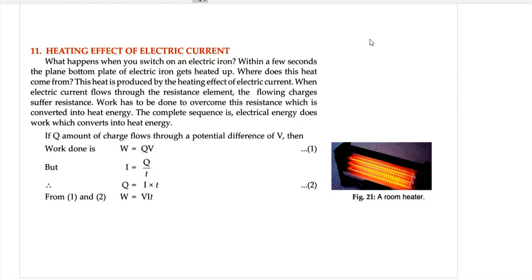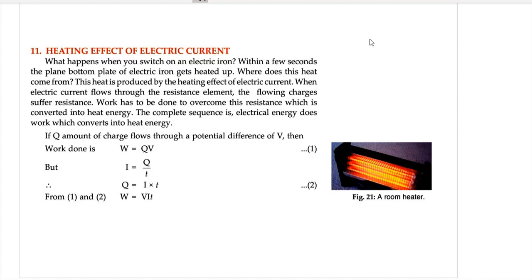What about your other electrical appliances, your TV, your refrigerator, your mobile charger? When they get heated up, do you use that heat energy? No, so that's an undesirable form of energy which is produced. But there is no other alternative. We can minimize the production of this undesirable heat energy, but we cannot make it absolutely nil or zero, because there will always be some amount of resistance present in the electrical circuit.